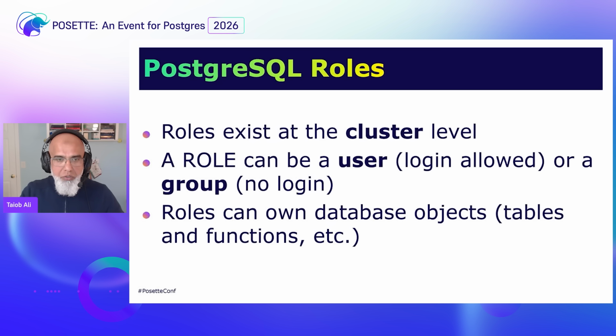Postgres role. So in SQL Server, we just talked about server level roles and database level roles. In Postgres, role is totally different. Roles only exist at a cluster level. Every login, every user, every group that we know in SQL Server, everything is a role in Postgres. A role is created at a cluster level, but the permissions, the authorizations, are at a database level. So I can have a role that can create a table in database A, but it cannot create a table in database B because the permissions are different.